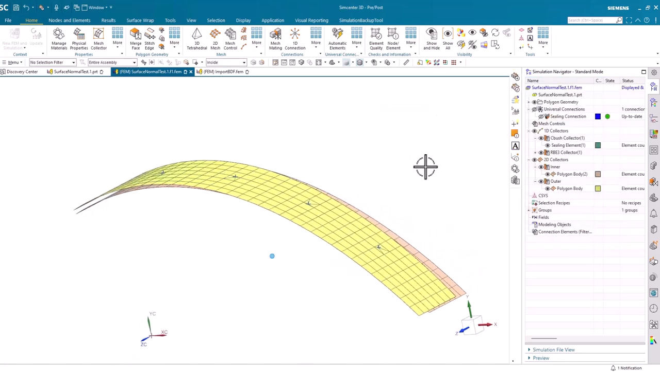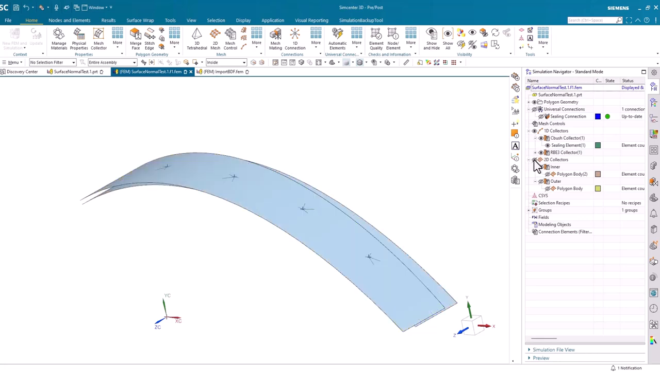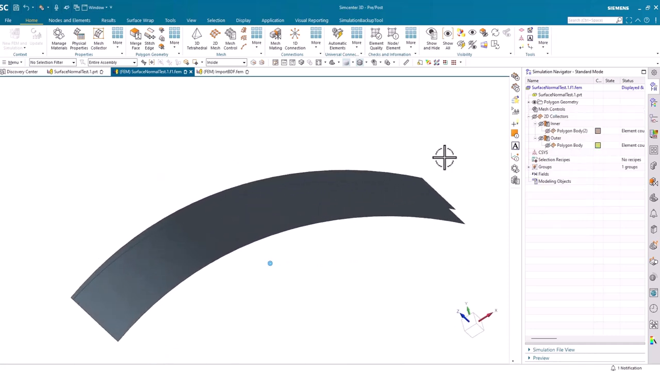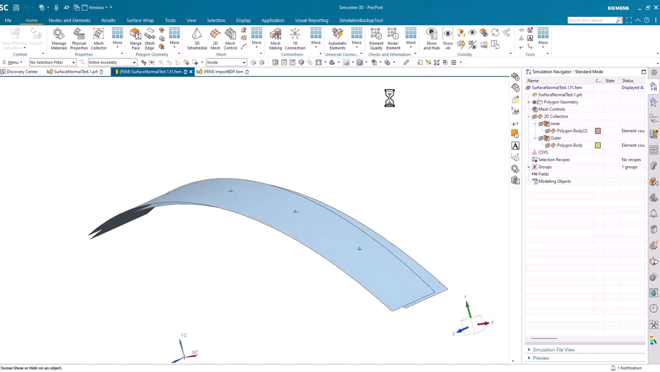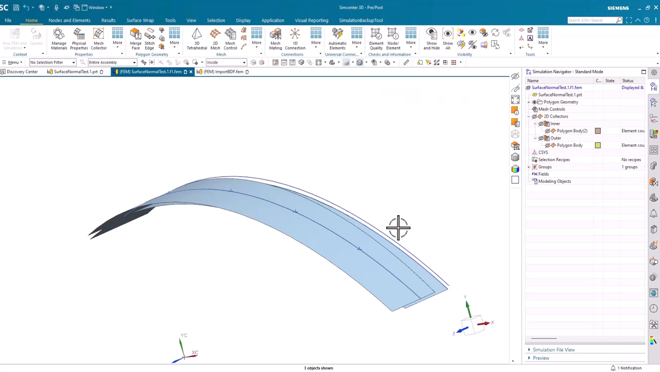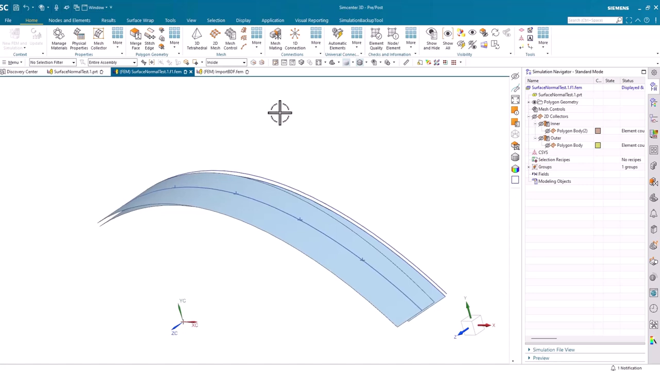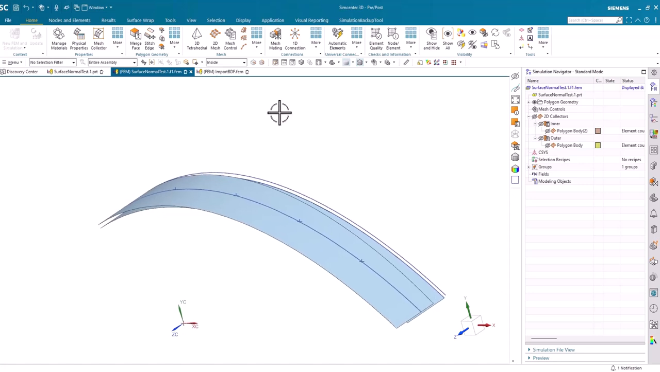Okay, so now I'm going to define those spring connections one more time. This time I'm going to do that using a curve. So if I say show and hide, I have some curves here. I want to use this curve as the definition source for my points on the flange. So I go ahead and